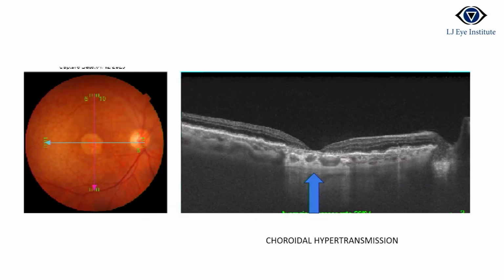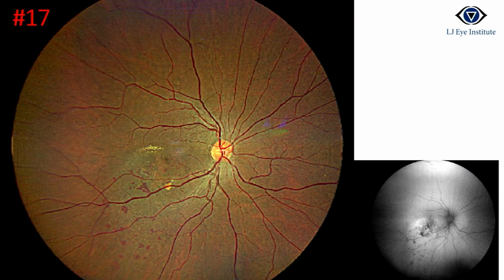So this is typical geographic atrophy. You can see this is choroidal hypertransmission. This eye will not go into neovascularization anytime, but it may progress. As Dr. David discussed, on FAF it is very nicely monitored. Now this patient just recently came. I just wanted to add it here because when I was preparing the presentation, I was myself reading, and when you read, you find the things in patients also.